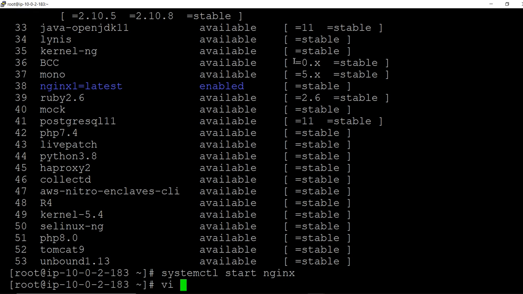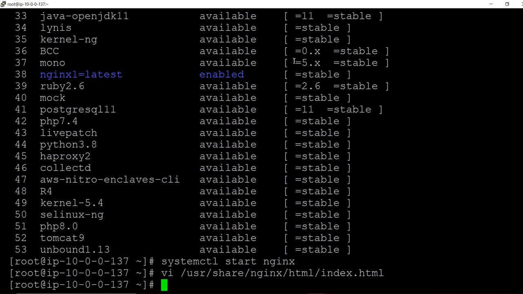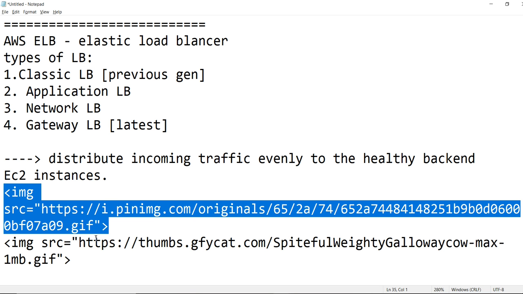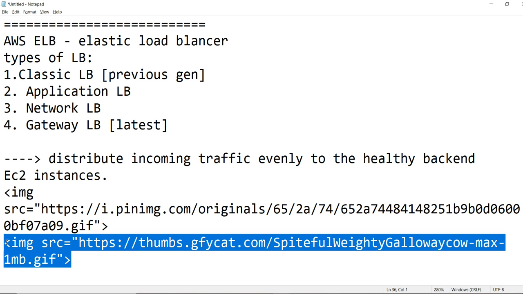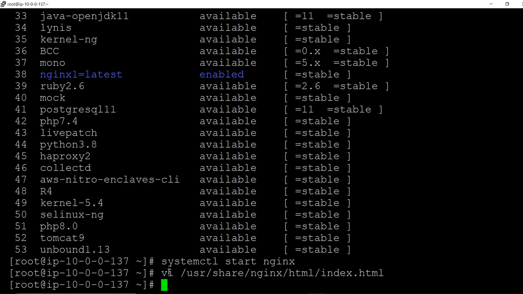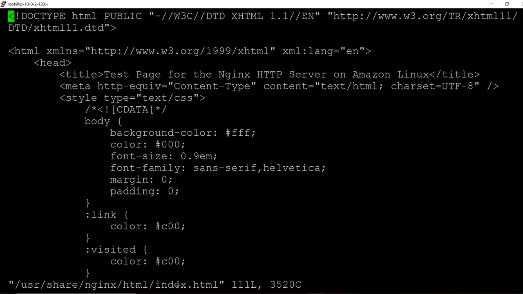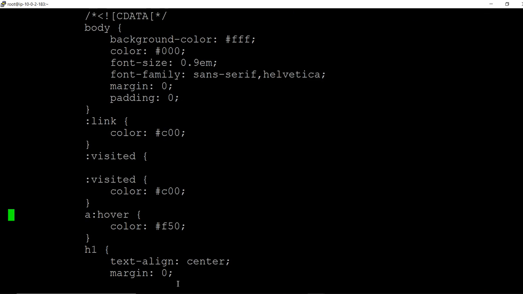So we will edit that one with the help of the vi editor, /usr/share/nginx/html/index.html. Let us get another image tag, and just navigate down.